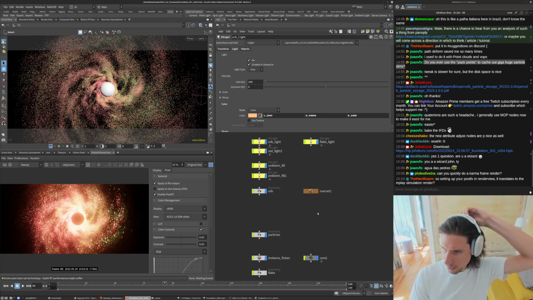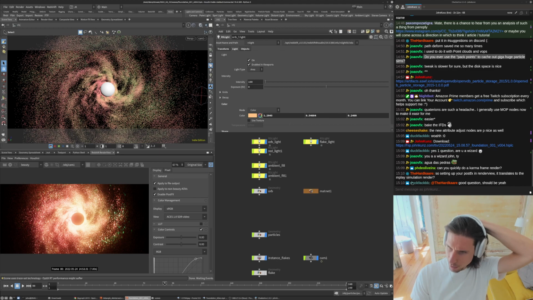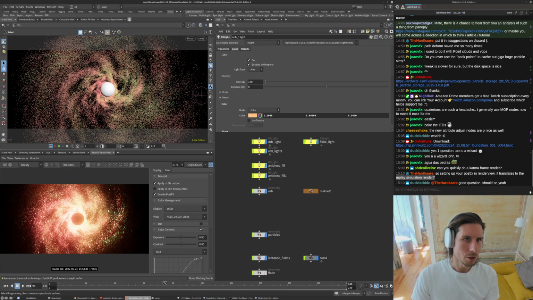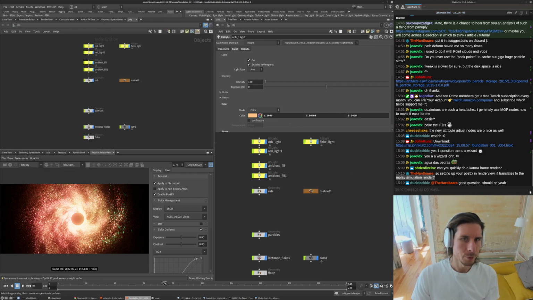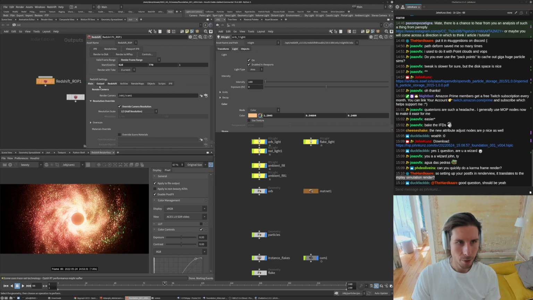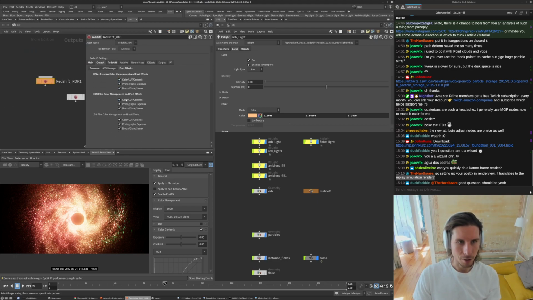Setting up your post effects in render view translates to the mplay simulation render. I'm not sure exactly what you mean by mplay simulation render. If you go to the Redshift ROP, under here, post effects, I turn these